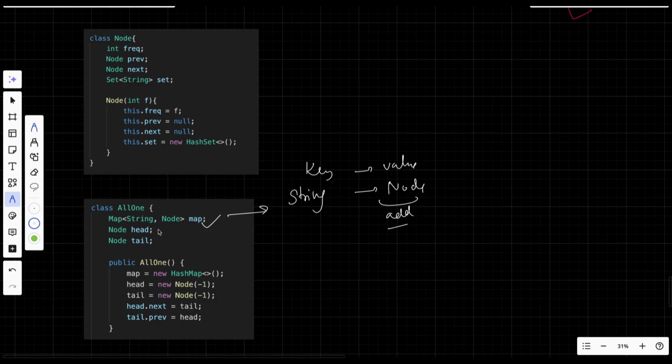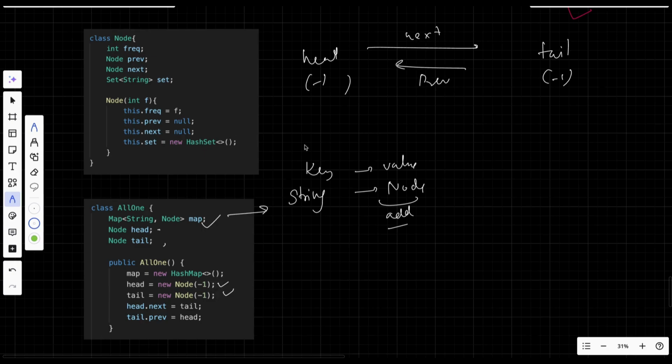For our linked list we have head and tail. So we have a dummy head and dummy tail node, and these head and tail will have value -1, -1, and it will be initialized such that head's next is tail and tail's previous is